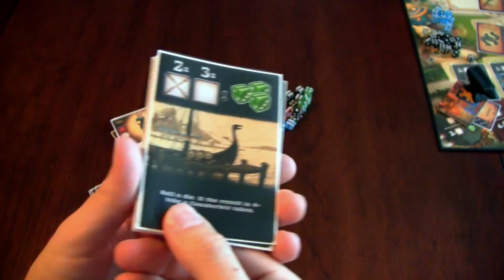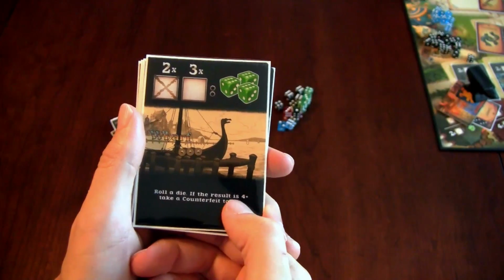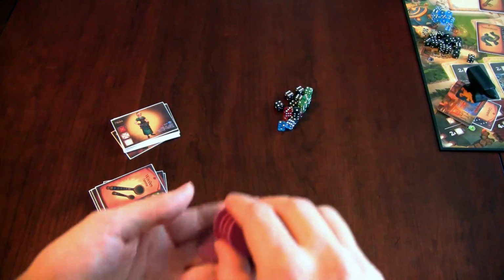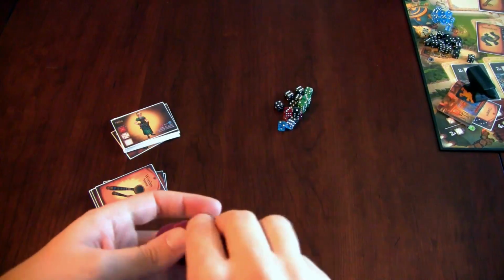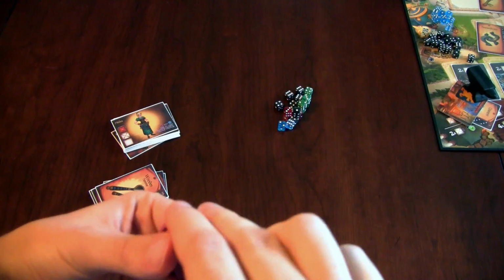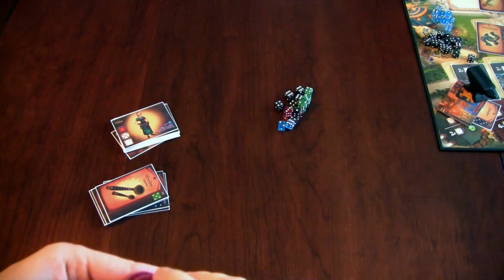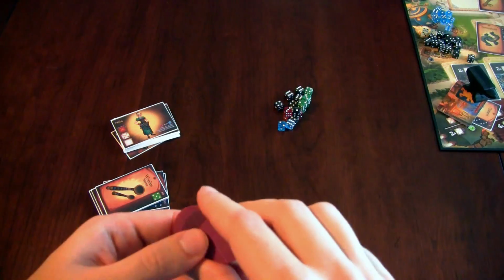The bottom is a free ability, and this introduces the counterfeit tokens. Roll a die. If the result is 4 or higher, take a counterfeit token. Counterfeit tokens will be purple disc shape, sort of like the other tokens included in Kingsforge. These don't have any screen printing on them, but again, through the Kickstarter, we hope to include that as part of the game. But counterfeit tokens are perhaps the most radical departure from the basic mechanics of the game, because